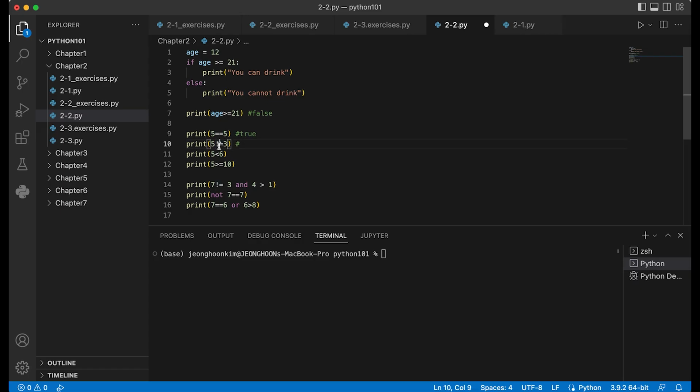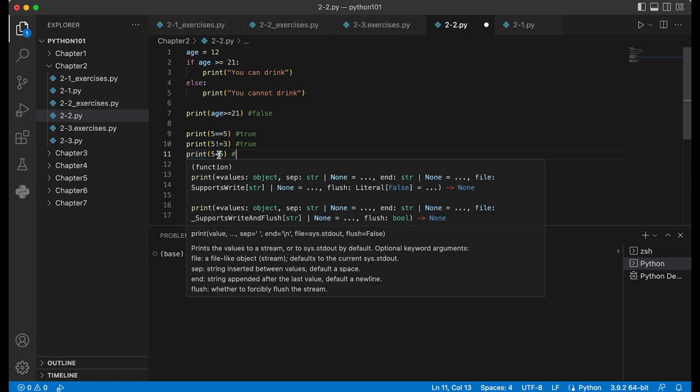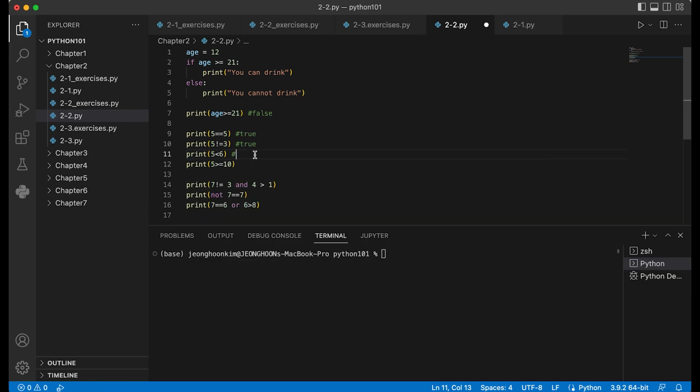If you hover over it here, 5 is not equal to 3, which is true for this operator, so true. What about this? You can just read it naturally. 5 is less than 6, which is true. And 5 is greater than 10, which is not true, so false.